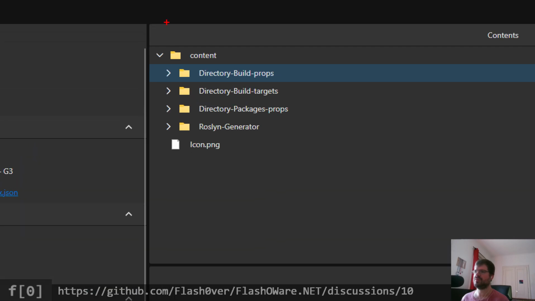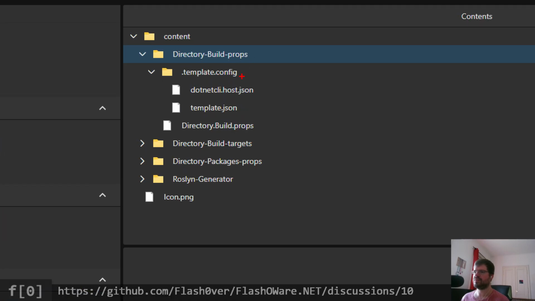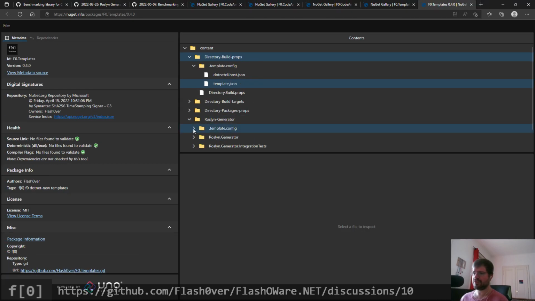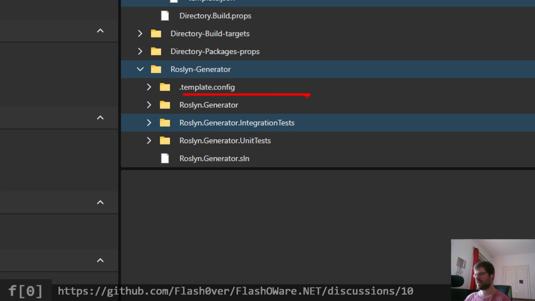we will see that it has no lib folder here. There is only content, and this is arranged in a certain way that the root of each template has a .template.config folder with at least a template.json file, and optionally a .NET CLI host JSON file, where the template JSON file includes the basic information about the template, and the .NET CLI host JSON includes information that the CLI specifically is using. And if we jump to the generator template, it's always the same structure, and everything within the same hierarchy, or on the same level as the .template.config folder,